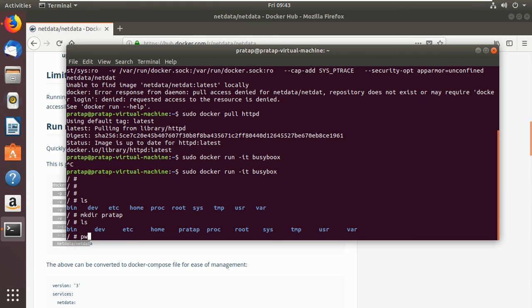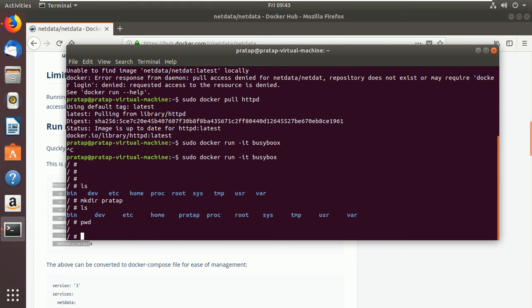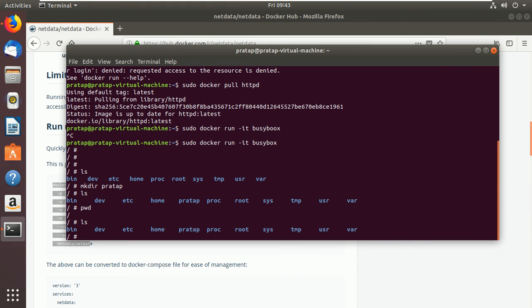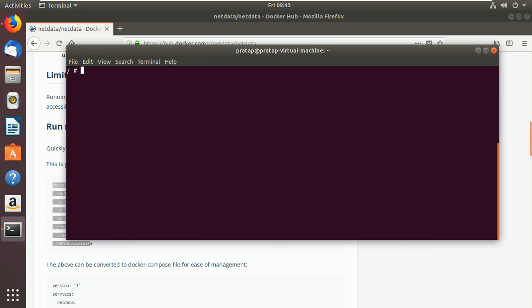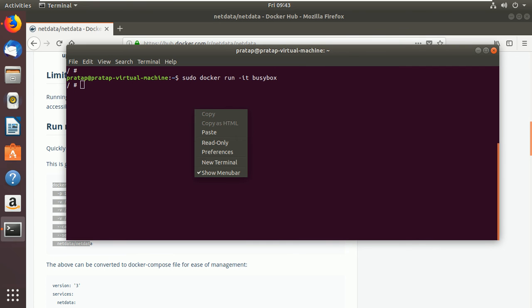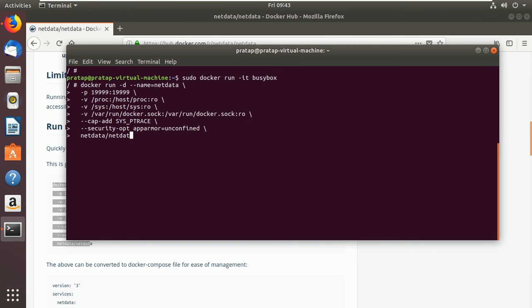You put here pwd. You can put here ls. Then you can clear. So you are inside that. If you want to come out from here, Control D. You will come out from here. You are getting in. You can put it. Just give the command here. Now you paste here. We are trying to run inside that. Let's see whether it works or not.